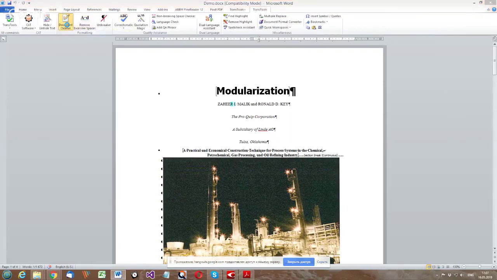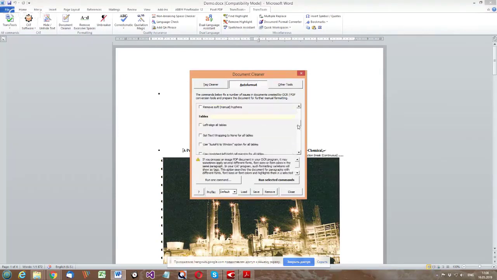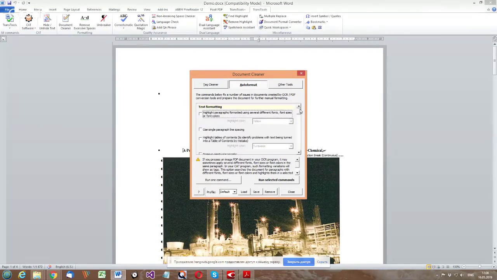I open Document Cleaner, and I choose the second tab. I can see that all the options of auto format are currently in their default state. I have created a profile which I use for processing of documents produced by FineReader.